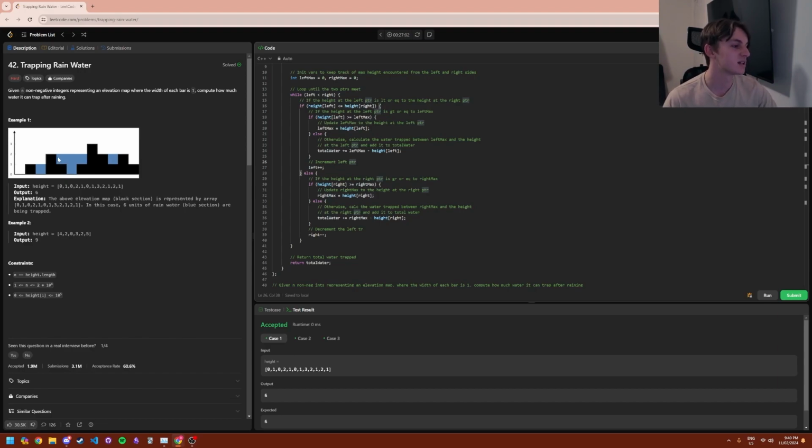But so the main idea is the left pointer here will be keeping track of this column as the current left max until it gets to here. As it traverses through this trough here, for every column, it will add to total water the left max take the height. So when it's here, it will be 2 take 1 to add this one, and then it goes here, it'll be plus 2 take 0 to add that 2, and then there it will be